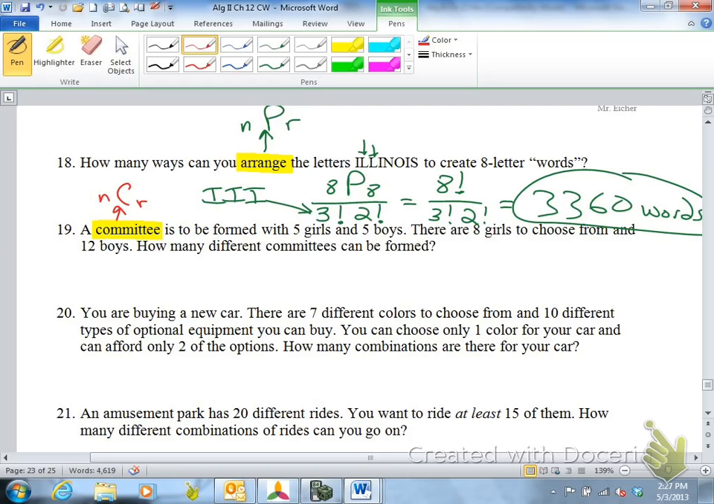So there are 8 girls. You're choosing 5 of them. The order doesn't matter. It's a committee. It's just a group of 5 girls. It doesn't matter how those 5 girls are selected. It's the same 5 girls. Times 12 boys, choosing 5. And that equals